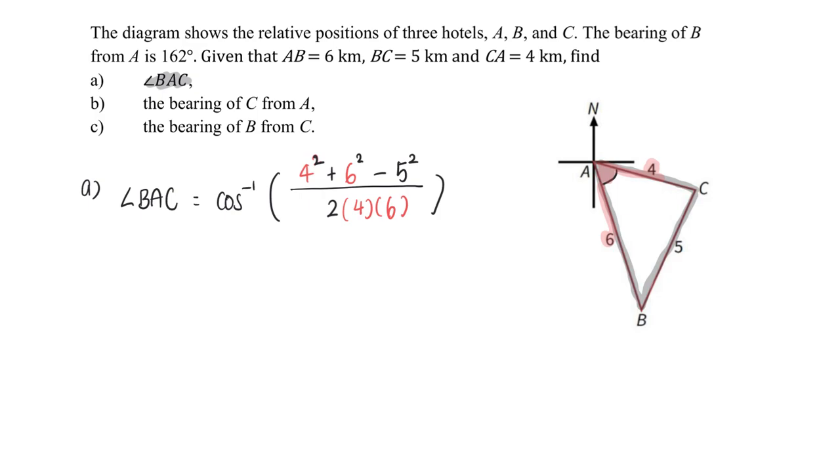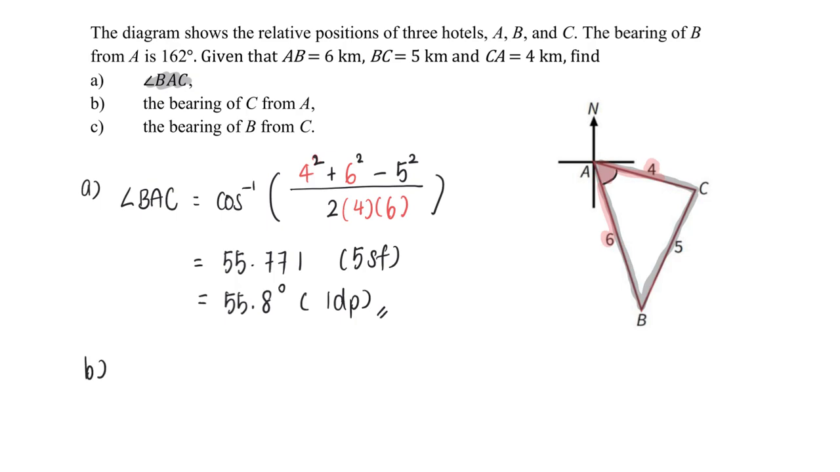And this will give me a value of 55.771 to about 5 significant figures, 55.8 degrees to 1 decimal place. Done for part A. For part B,